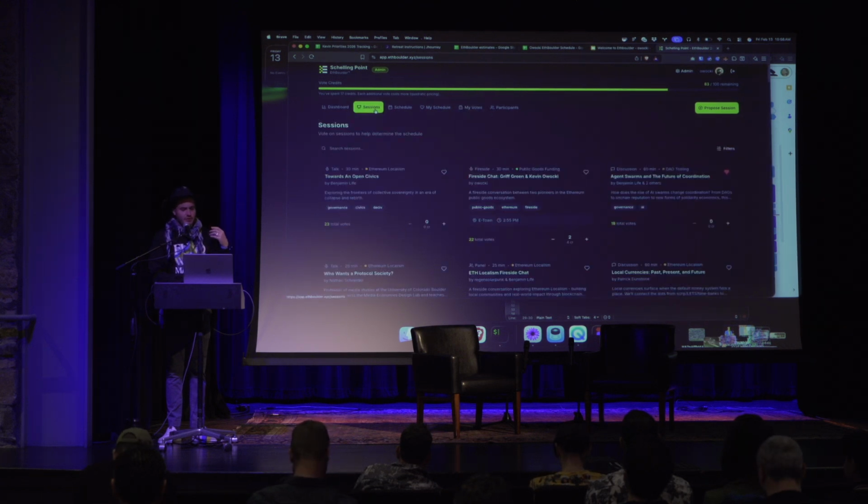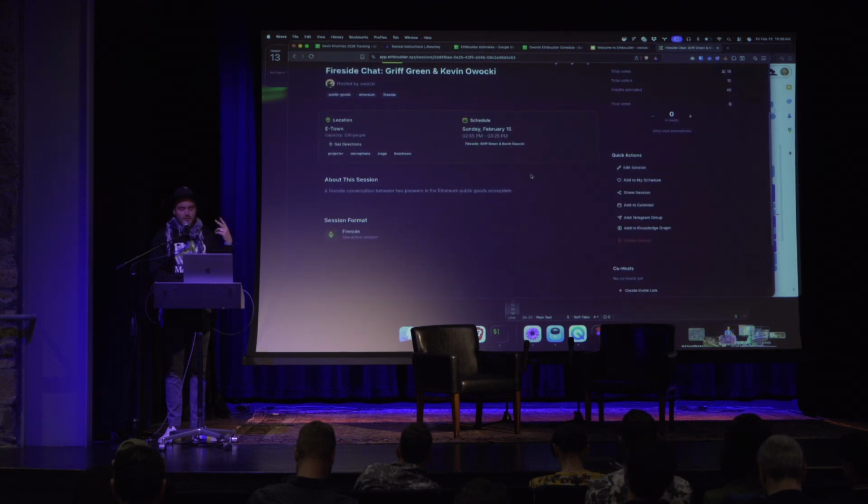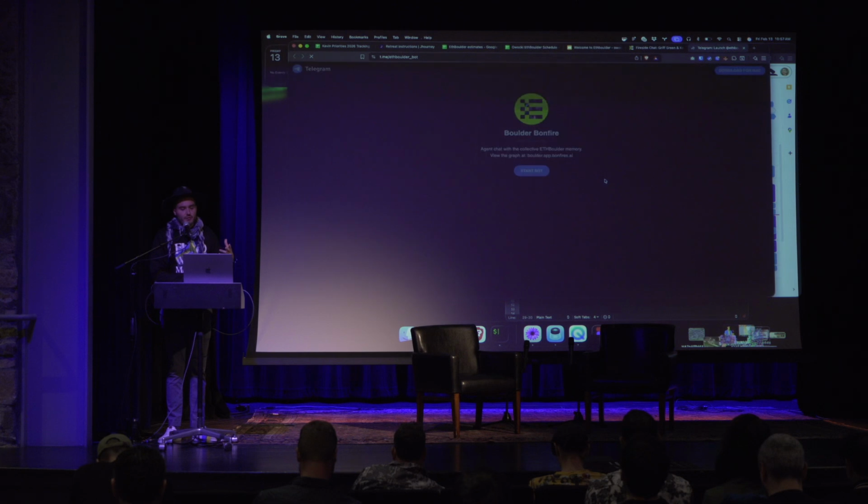And the last thing that I want to share is that we're really excited to be working with Bonfires AI, and they're going to come up and share a little bit more later about how we're working with them. But I just want to make everyone aware that we are going to have a knowledge graph associated with this event. Throughout the event, if you want to add something to the graph, just click on this button inside of your event dashboard or your event page. That's going to bring you to a DM with a bot that is basically sucking up all of the knowledge and insights, and they'll show more about how that works.